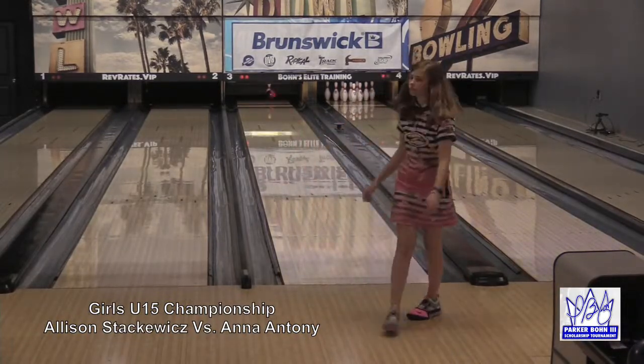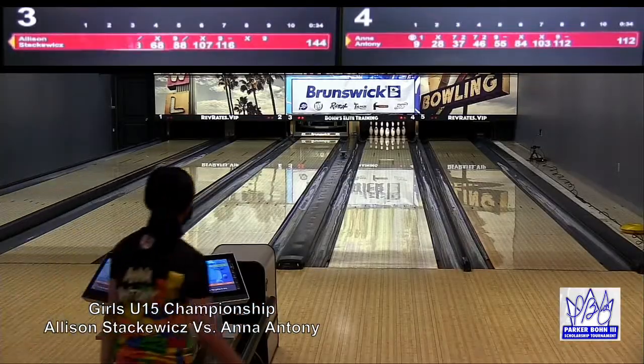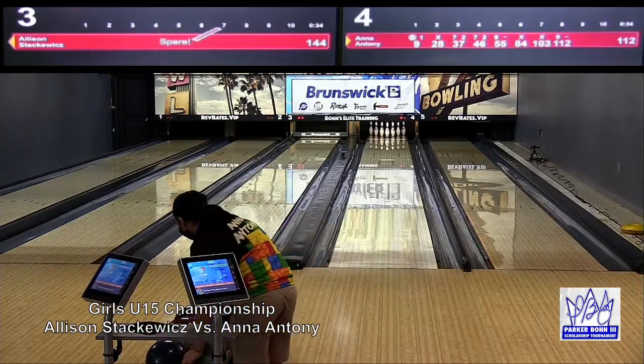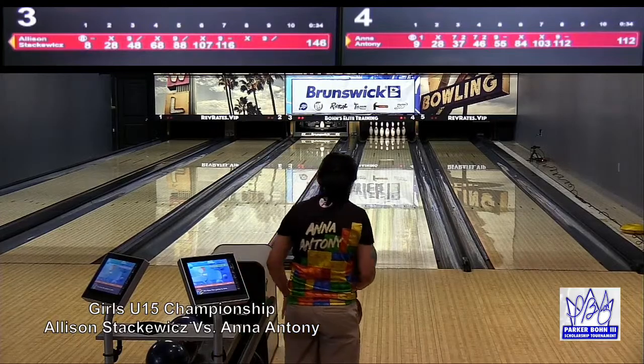And she covers. Yep. So 9 spare in the 9th frame, 136 in the 8th, with a spare in the 9th. She's up 24 pins with a 9th and 10th frame left in game 1 of this two-game